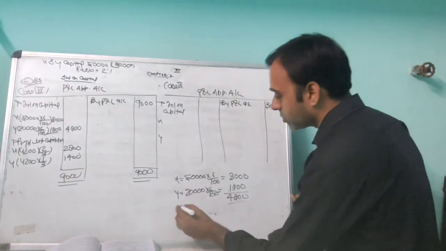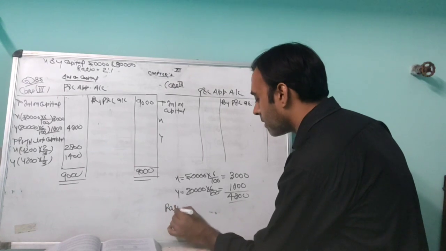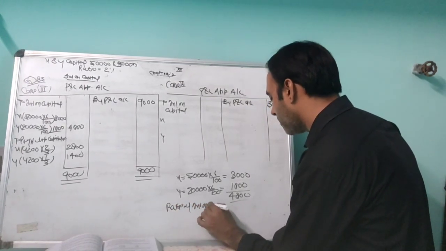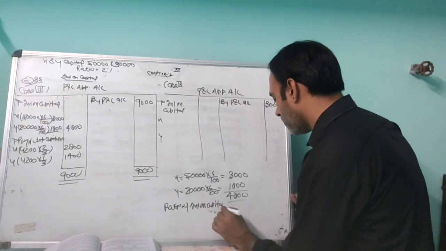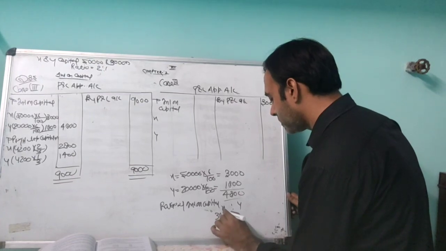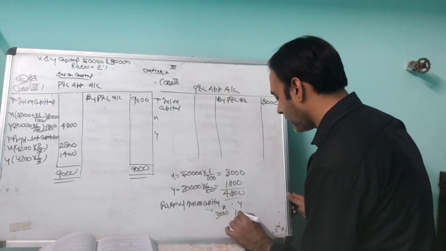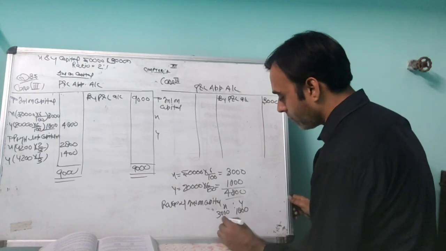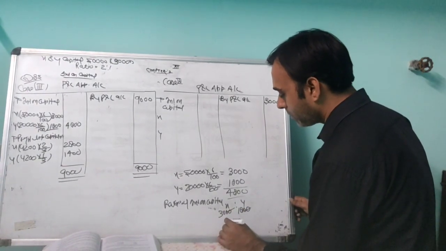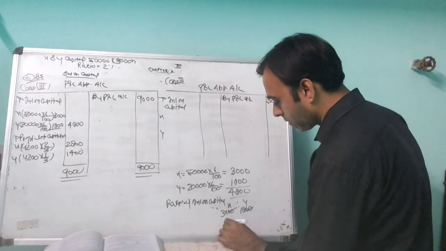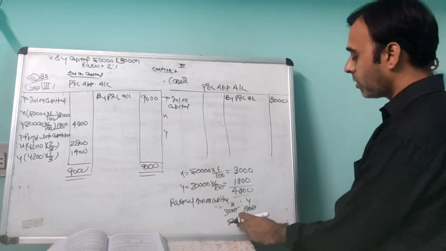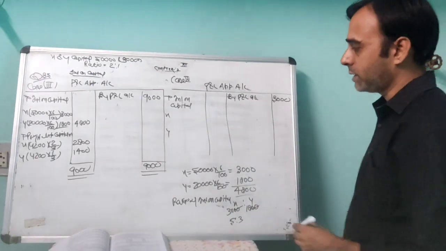We calculate the ratio of interest on capital. Okay, X and Y: X interest on capital 3,000 rupees, Y 1,800 rupees. We divide by the common factor. 30 and 18 will be divided by 6: 6 fives are 30, 6 threes are 18. That means we pay interest on capital of 3,000 rupees in the ratio of 5:3.